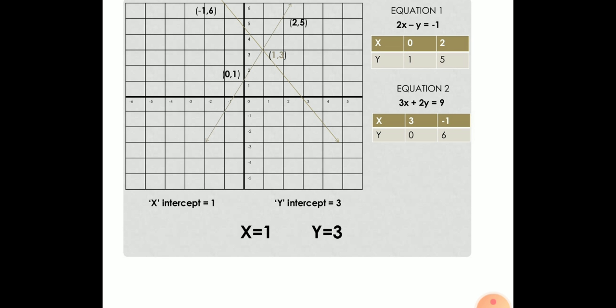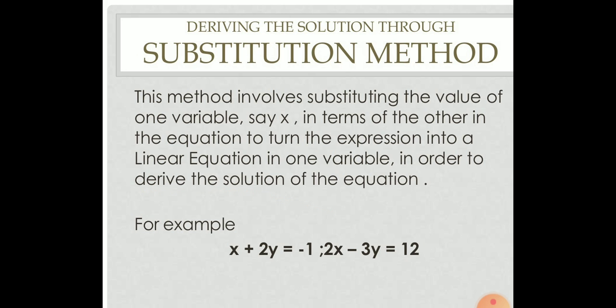Then you can represent them on the graph, because from class 9th you know how to represent on the graph. If you represent these lines, you can see they intersect each other at one point. This common point is a unique solution, which means at this point x equal to 1 and y equal to 3, a common solution for both lines. So we can say you are getting a unique solution here.